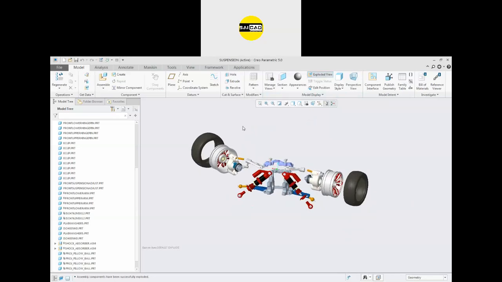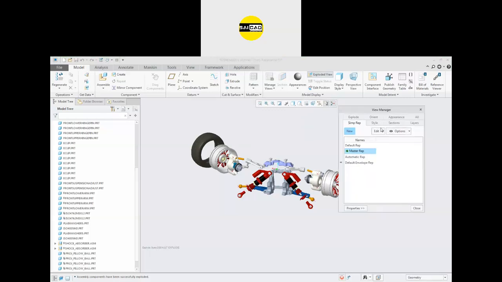You can save these views. We are going to see that in the drafting in the next session, how you can save this view so that you can insert this view into the drawing. Okay, how to insert these in the drafting. Okay, so we will cover this view manager in next section.